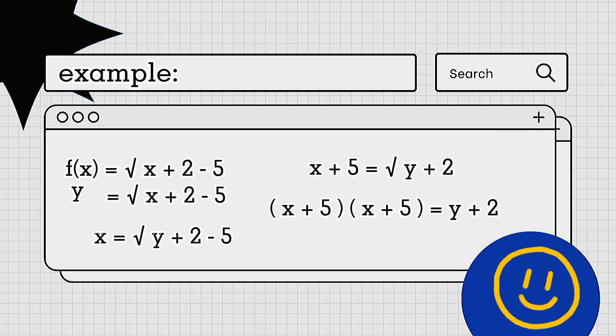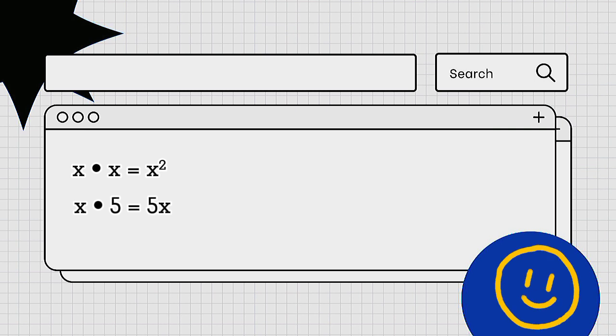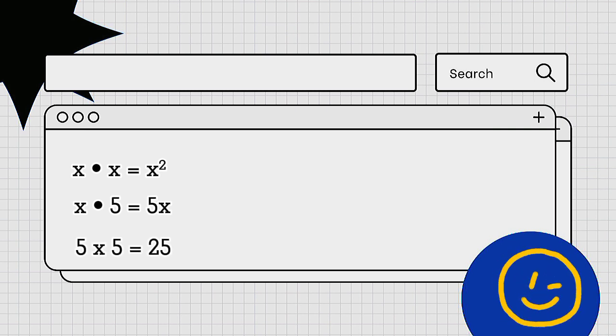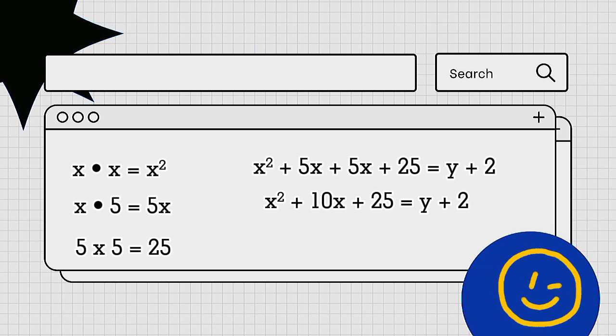Now on the left, we need to use the FOIL method. x times x equals x raised to 2, and x times 5 is 5x, and we have another 5 times x, and 5 times 5 is 25, equals y plus 2, and we need to combine like terms. So we have 5x plus 5x, that will be 10x. So we got x squared plus 10x plus